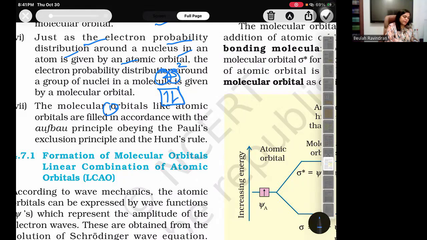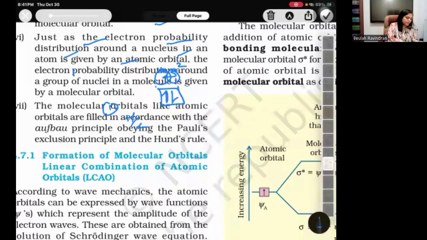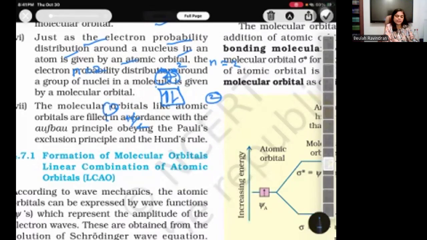Sorry, second orbit, S level. Okay, and then its spin is plus half. So N is the same for two electrons. This is the first electron, second electron. N is 2 for the first electron and the second electron. Both lie in the second orbit. L is also the same. L is equal to 0 for S level. That is also the same. If L is equal to 0, M depends upon